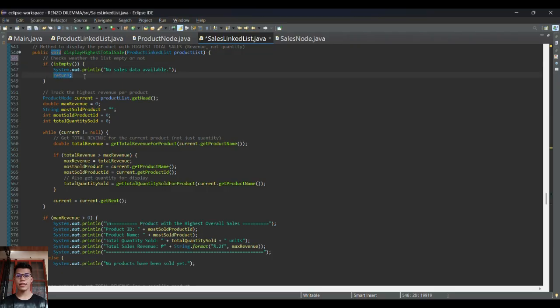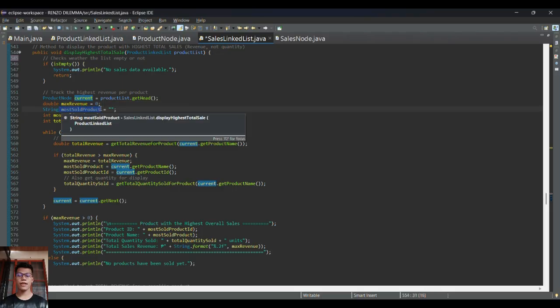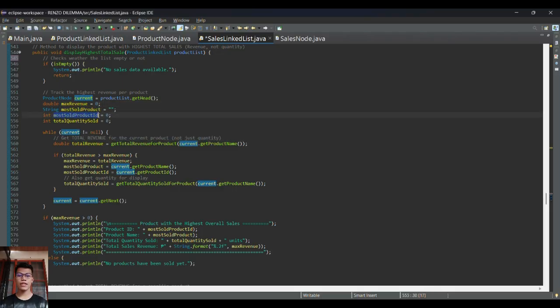using the return statement. If the list is not empty, the program starts going through all the products in the product list. It does this by creating a product node variable called current, which starts at the head of the linked list. It also sets up several variables: max revenue to track the highest total revenue found so far, most sold product to store the name of the product with the highest sales, most sold product ID for its ID, and total quantity sold for the total number